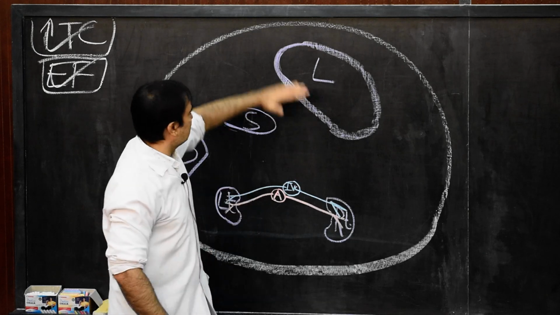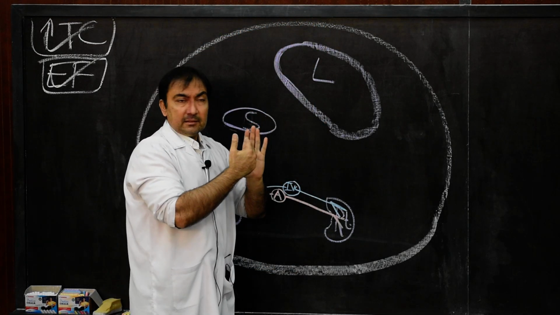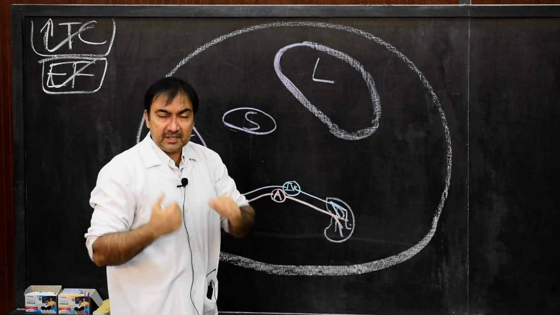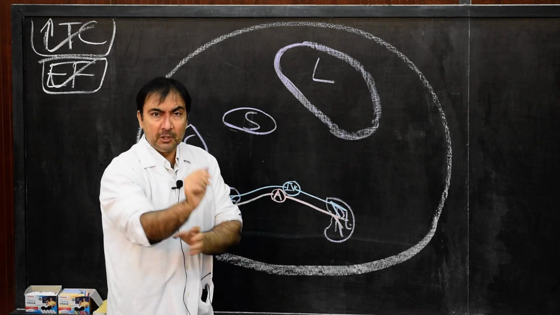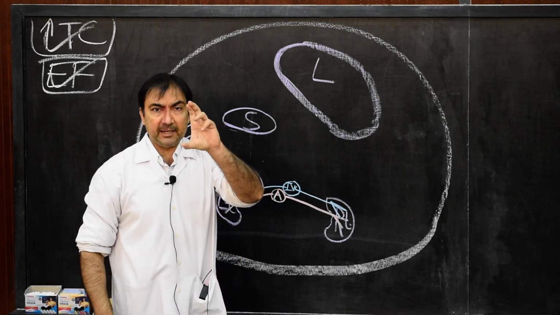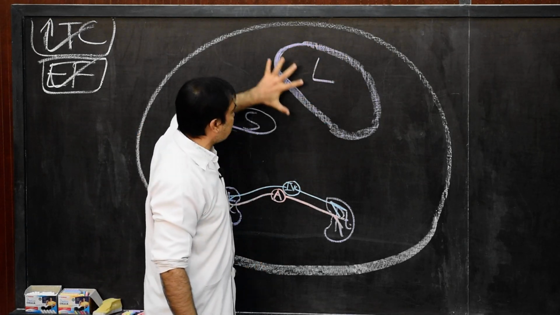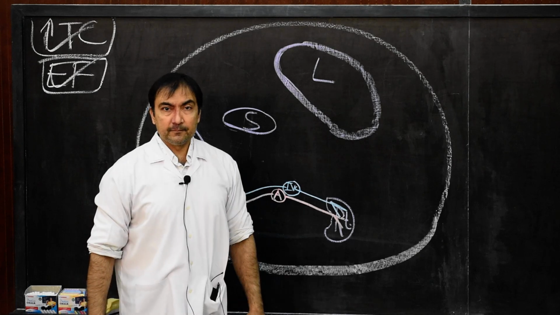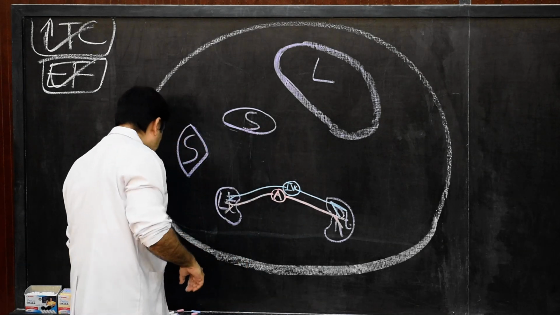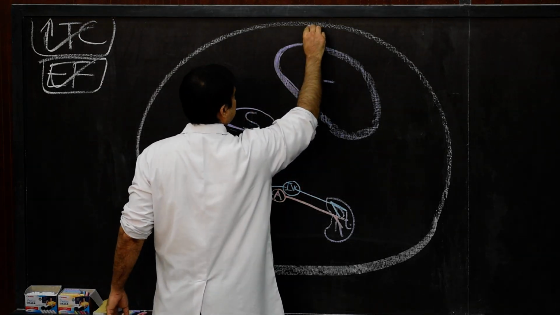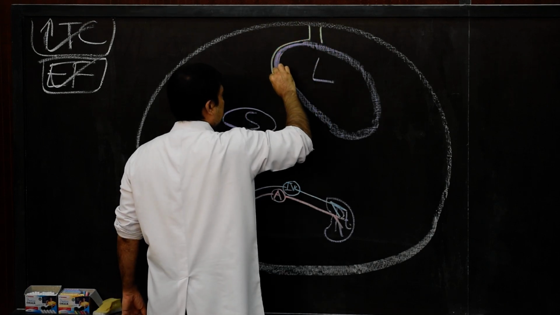The parietal peritoneum from anterior abdominal wall will be directed posteriorly in the form of a bilaminar sickle shaped fold of peritoneum, and that bilaminar sickle shaped fold of peritoneum will cover the liver. So that fold will be known as falciform ligament. So therefore we start with the falciform ligament which shall cover the entire liver.